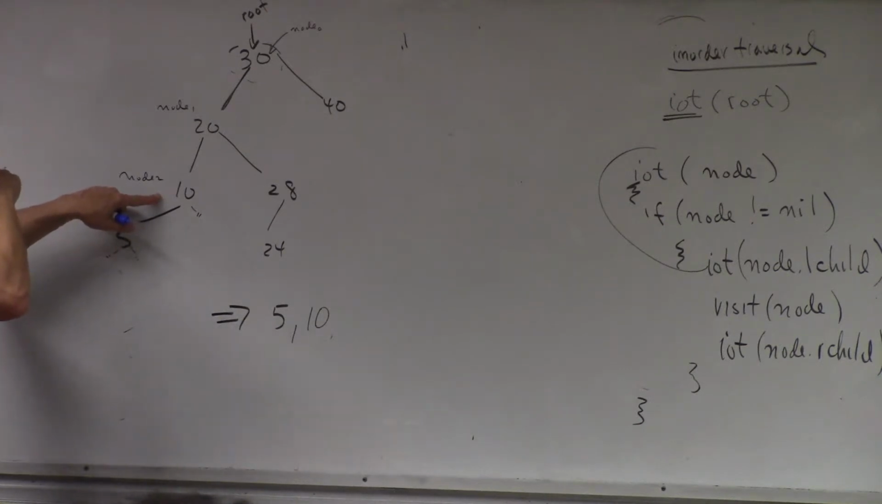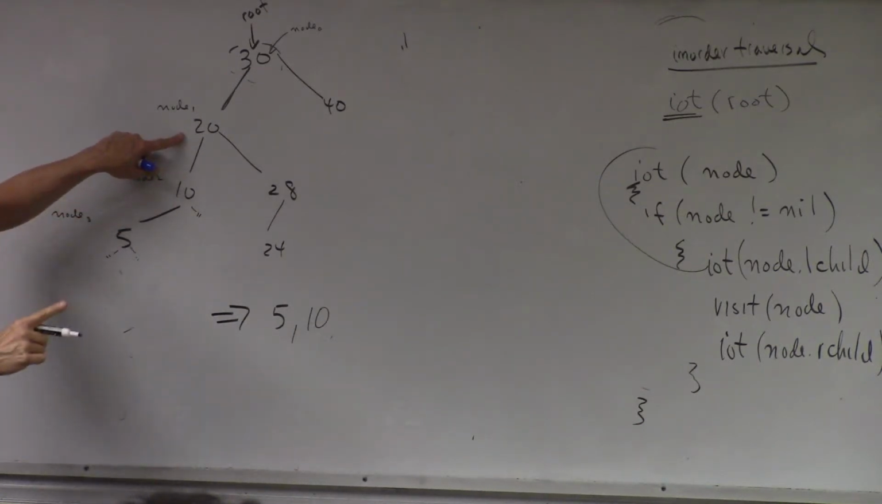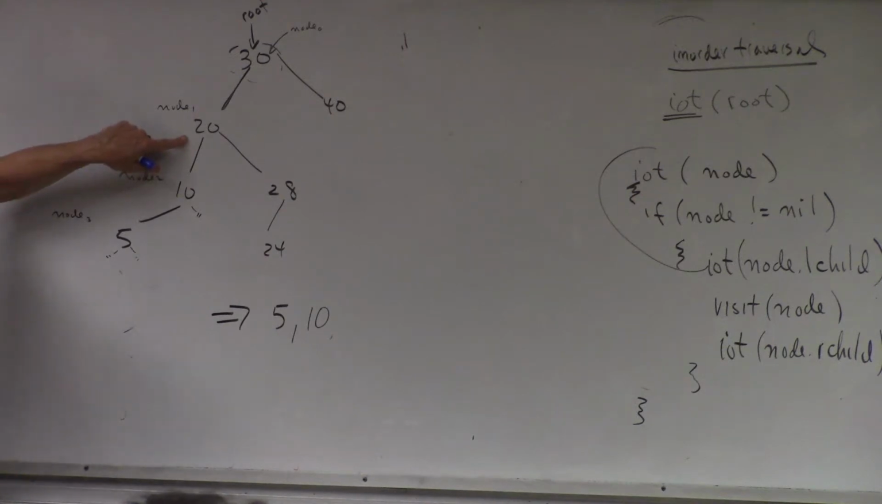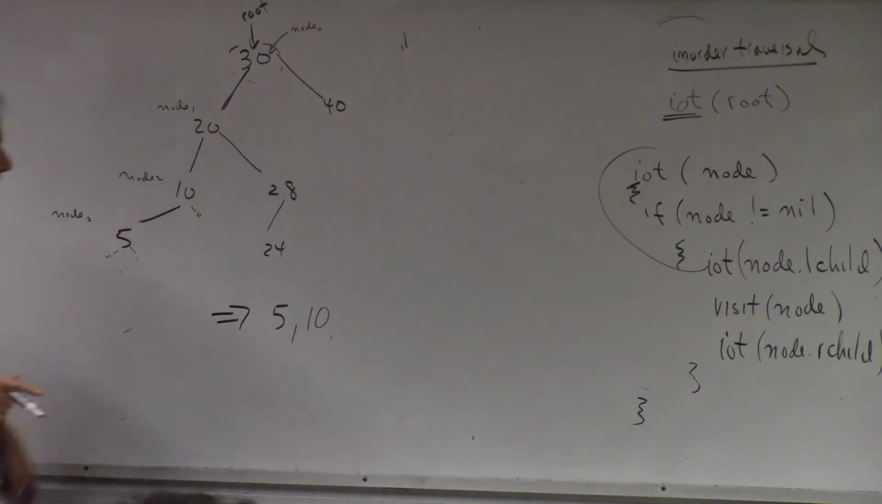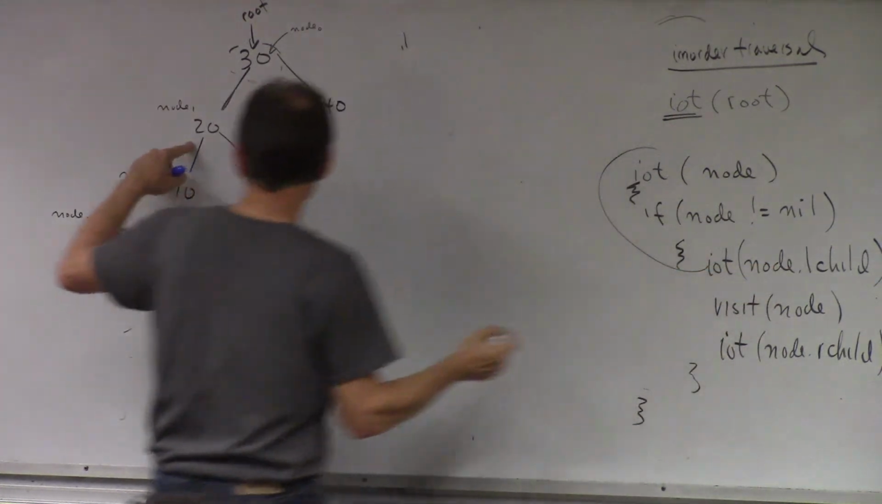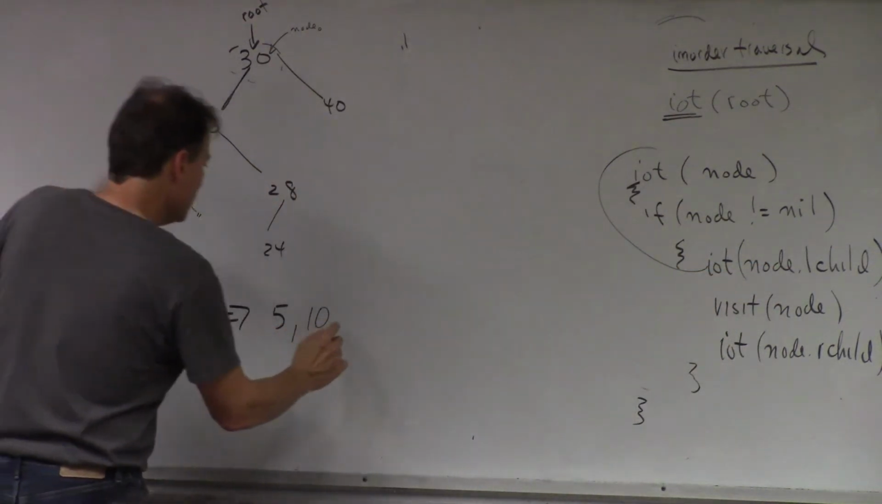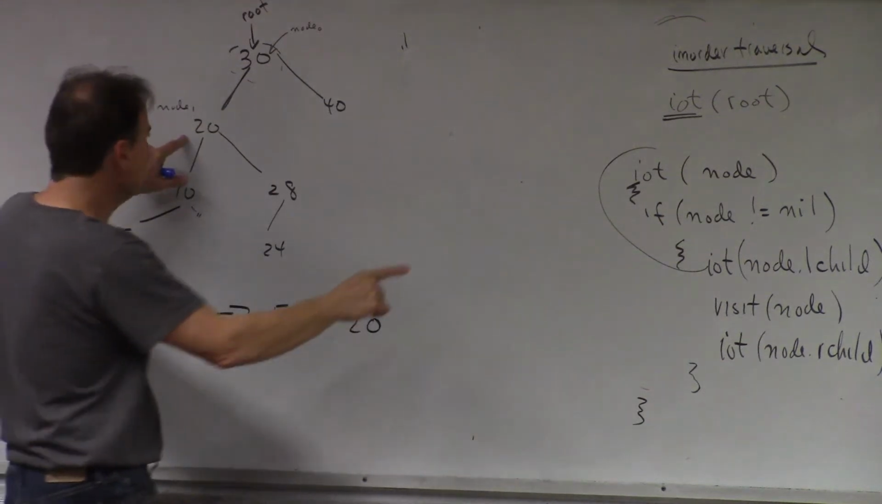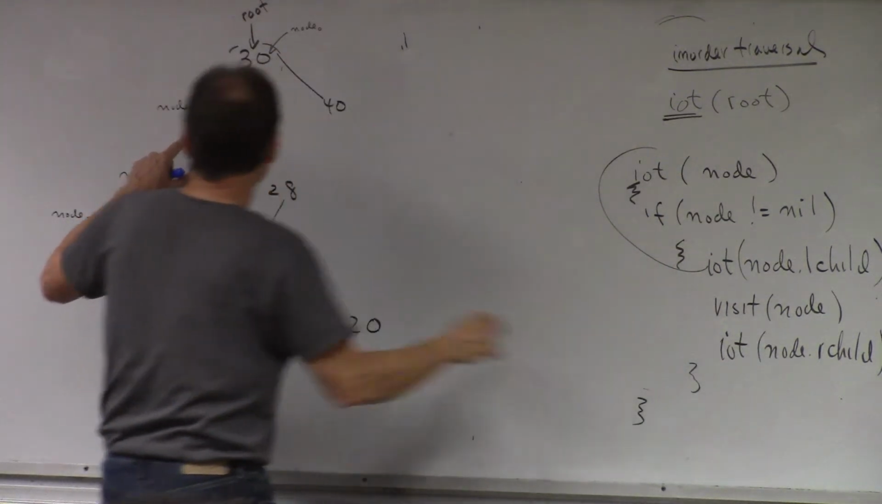So we return to level 1. Last time we were in level 1, we went to the left. So now what are we going to do? Went to the left, so now we're going to visit. So we're going to visit the 20. And after the visit from level 1, we're going to go to the right,